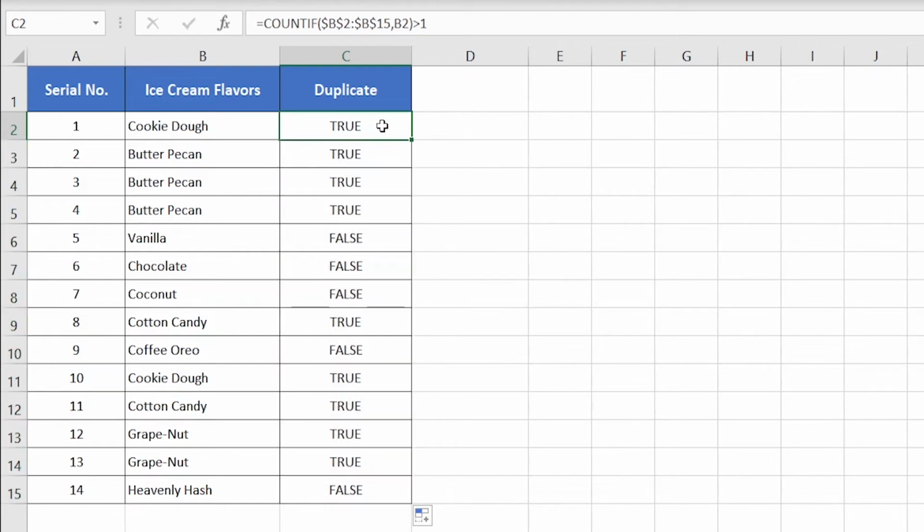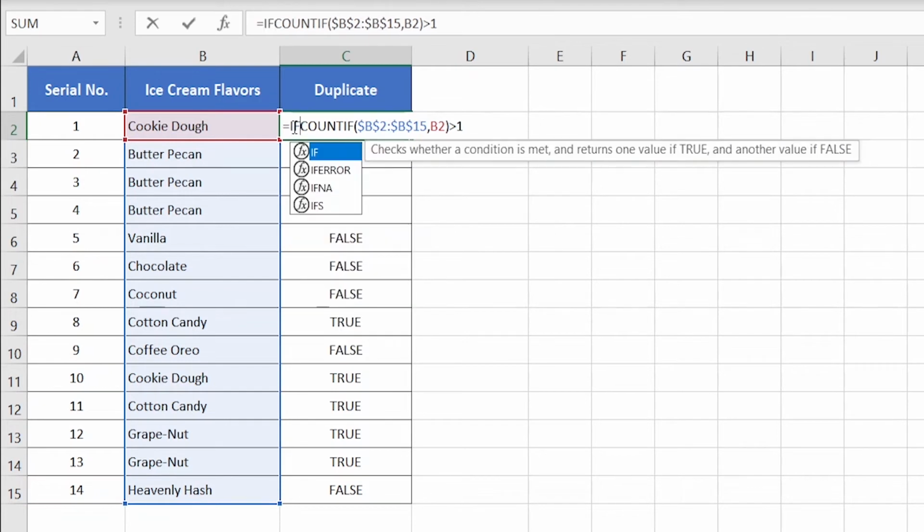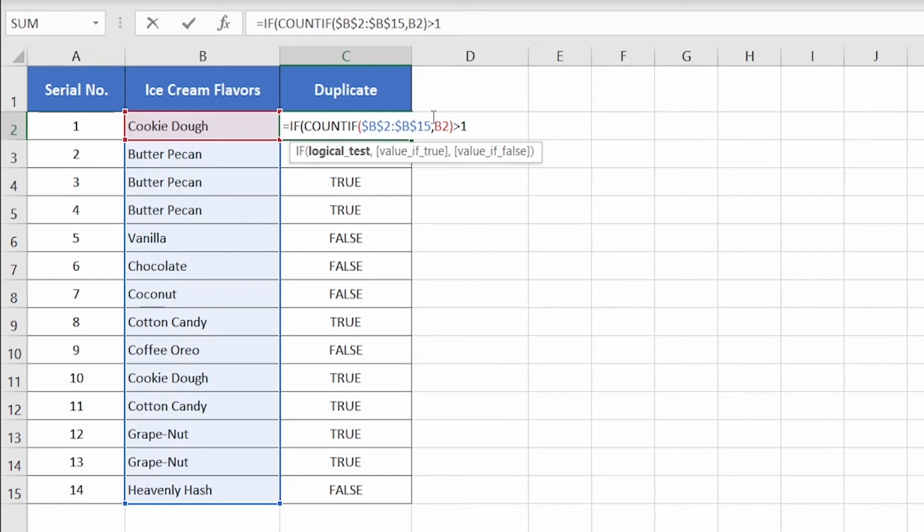Click on the top cell and insert IF before the COUNTIF function, then insert open parenthesis. Now at the end of the previous formula, insert a comma, then inside double quotes, insert whatever message you want to display. I want to display duplicate instead of true, and instead of false, I want to display unique.